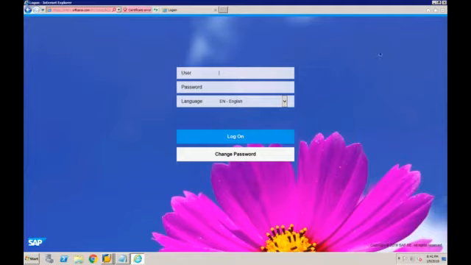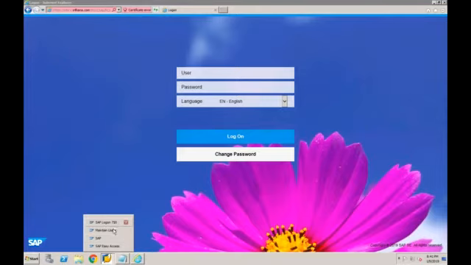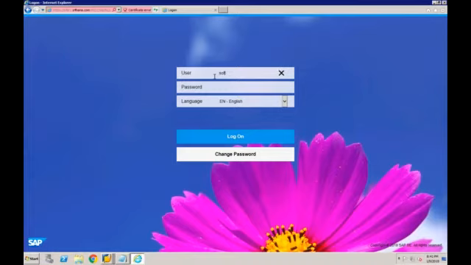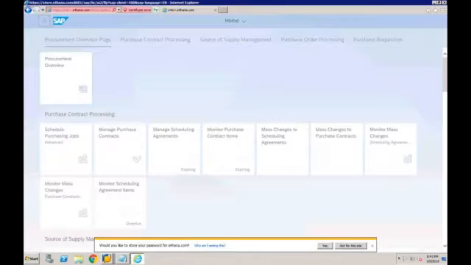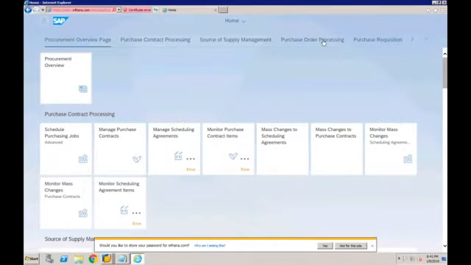Okay, so now by knowing this, let's do the last thing. We already understood that this is based on our authorizations. So if I go for my login, now, based on my user ID and based on the roles which are assigned to my user ID, I am able to see all these apps. Some of the apps are transactional apps, for example, manage purchase contracts. This is a transactional app because it will allow me to create a contract. It will allow me to change a contract.